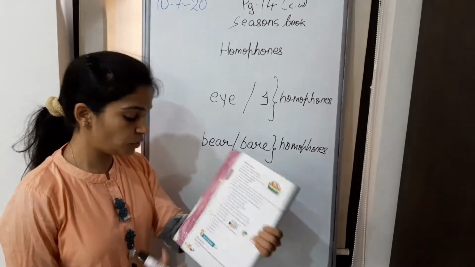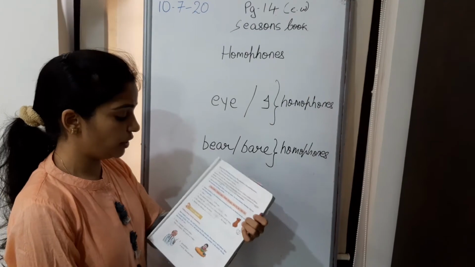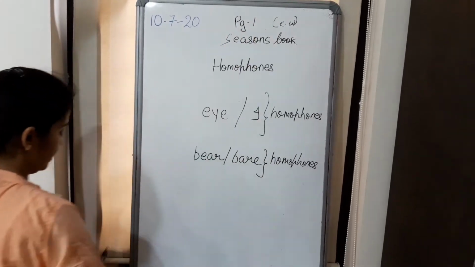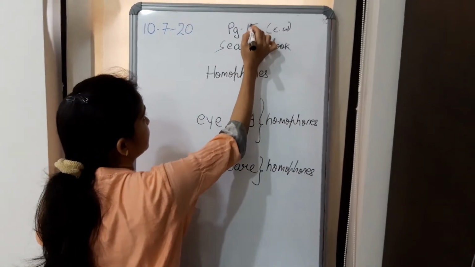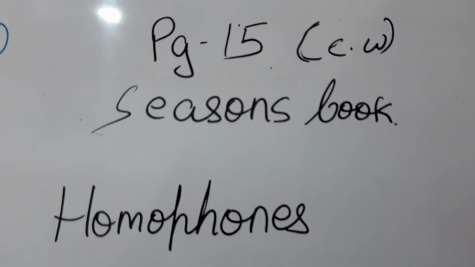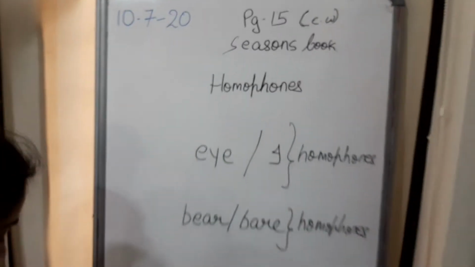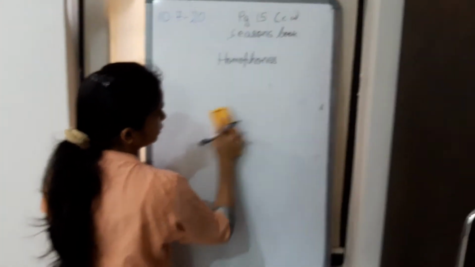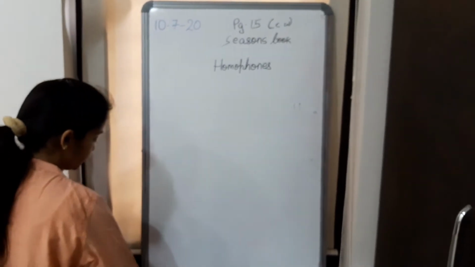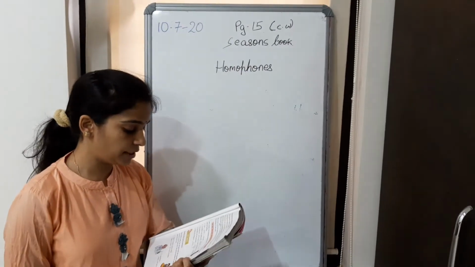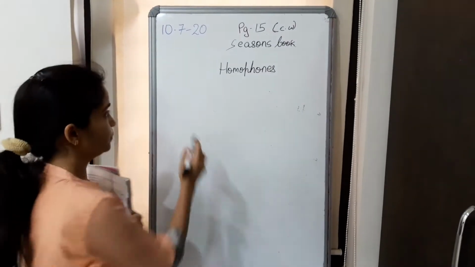So let's come to the exercise, page number 15, exercise second. Can you see? Get ready with the stationery stuff, I repeat, and this will be the classwork. We are going to do the exercise on homophones. Before we fill the answers, you should be clear with the sentence and the meanings. Now what the question is: I saw a blank in the zoo.